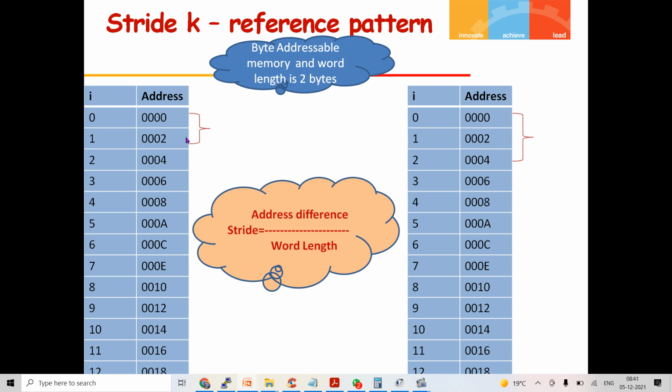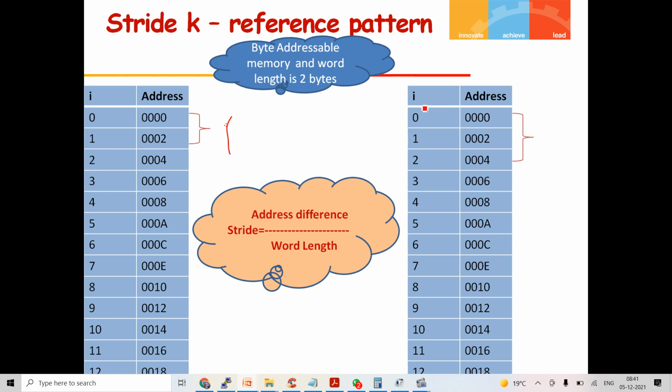So 000 and 001 will be the first word, and the second word is going to be at 002 to 003. If you see the address difference, 002 minus 000 divided by word length, the stride here is 1.